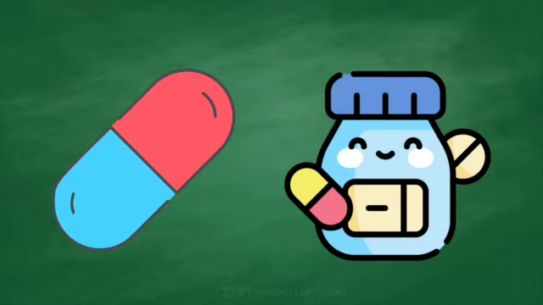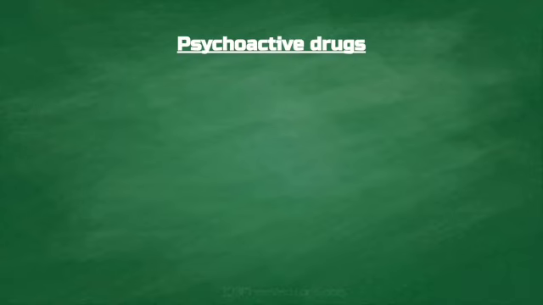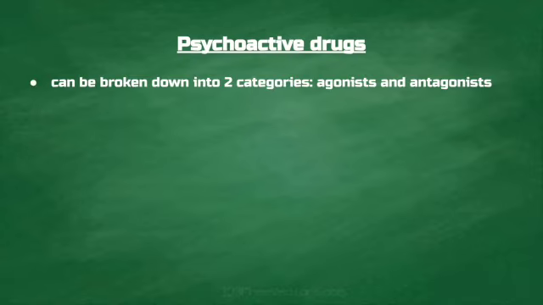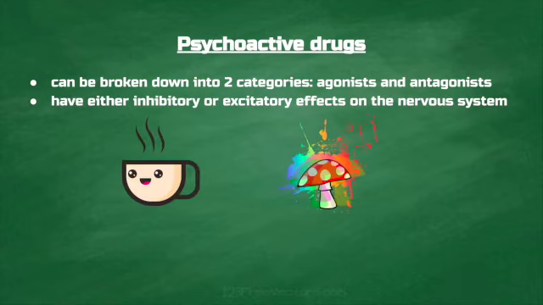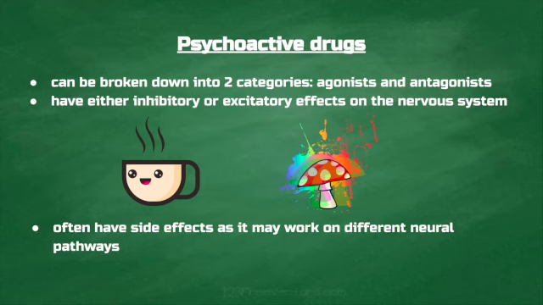These drugs are known as psychoactive drugs and can be broken down into 2 categories: agonists and antagonists. Psychoactive drugs are drugs that have either inhibitory or excitatory effects on the nervous system. They range from something like caffeine to LSD. These types of drugs often have side effects as they may work on different neural pathways. This can be seen with how Prozac, a drug that treats depression by mimicking serotonin, can affect a person's sleep